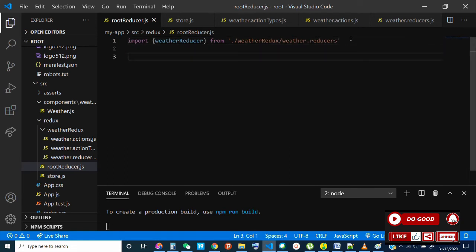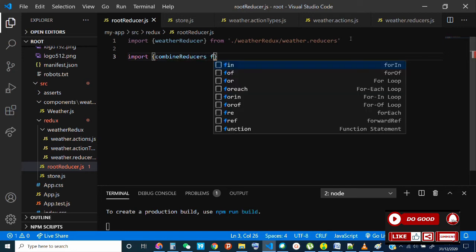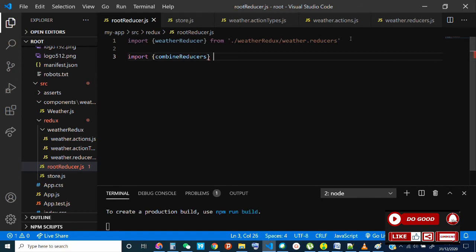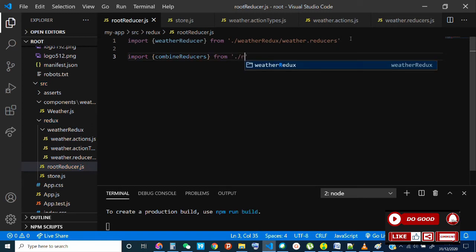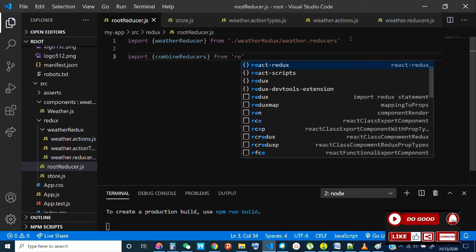So we also say import combine reducers from Redux. Import combine reducers from Redux. Okay,